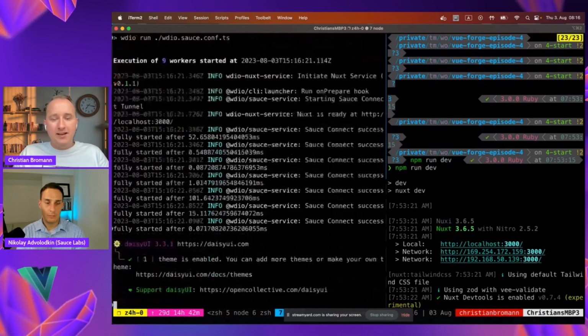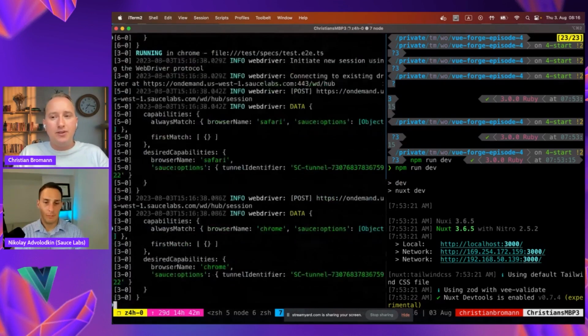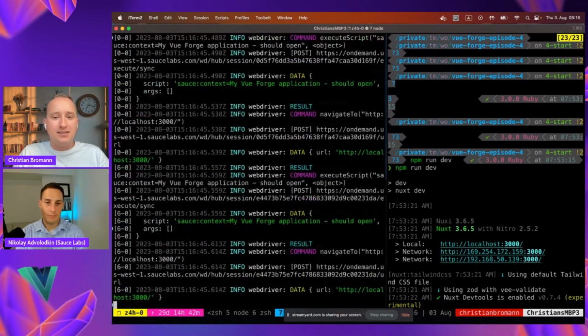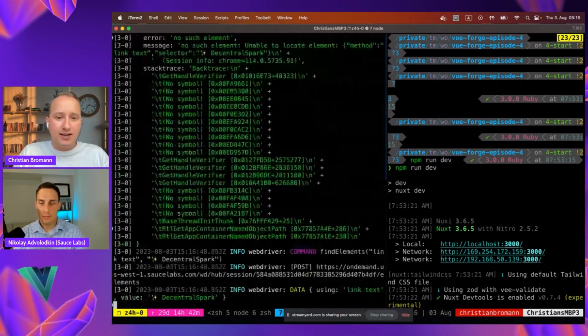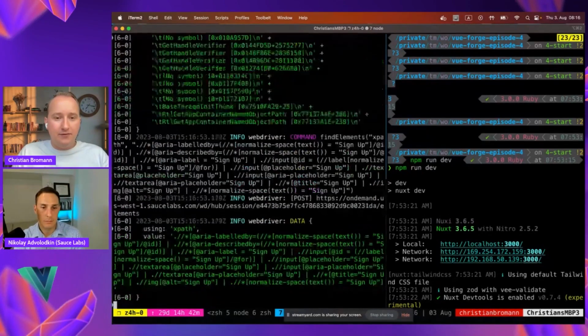And nothing is needed. No additional features need to be made available. It's all built in, so you can test in parallel on different capabilities, not only browsers, but also mobile devices, in terms of a real device or an emulator or simulator. It can cover all the devices that your users use. And so in this case, I'm now testing on 10 different